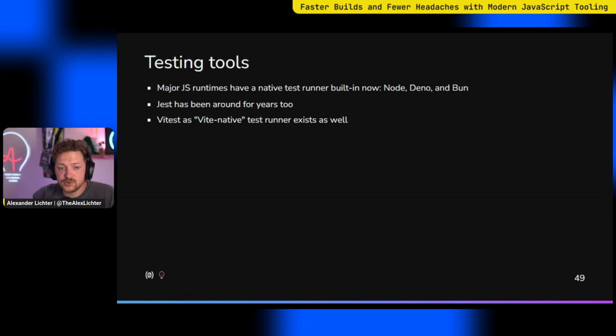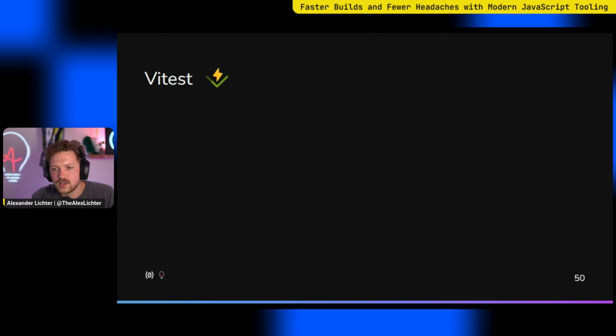And depending on your use case, the test runners from the runtimes can be more than fine, especially if you stay in the JavaScript realm. But with Vite, you have the big benefit. First of all, if you have Vite set up, it's fine. It will just use the configuration. Have some quirky workarounds for some libraries? No worries. You don't have to replicate it in your test setup. It's just there. And you can, of course, also use it standalone.